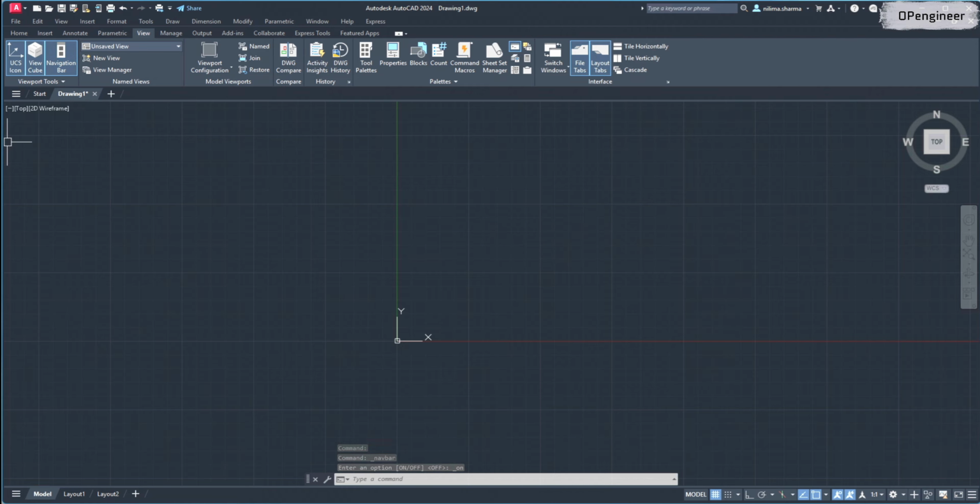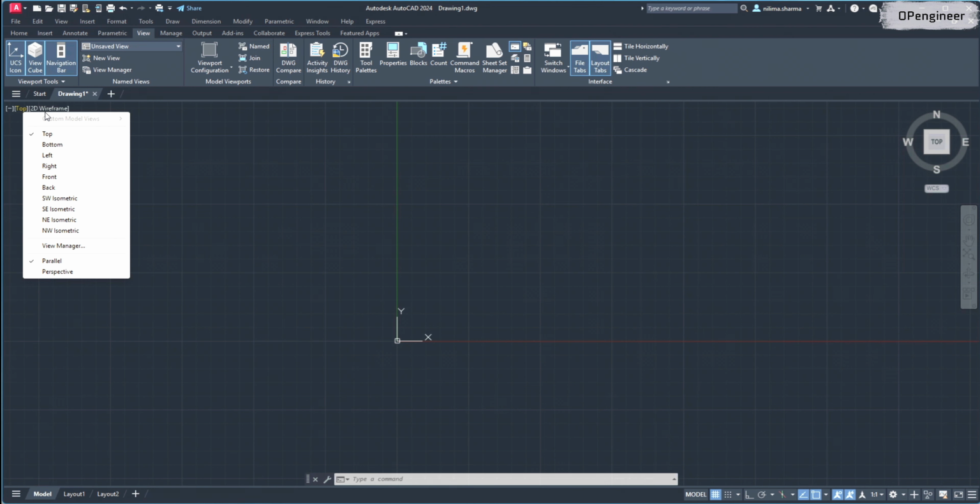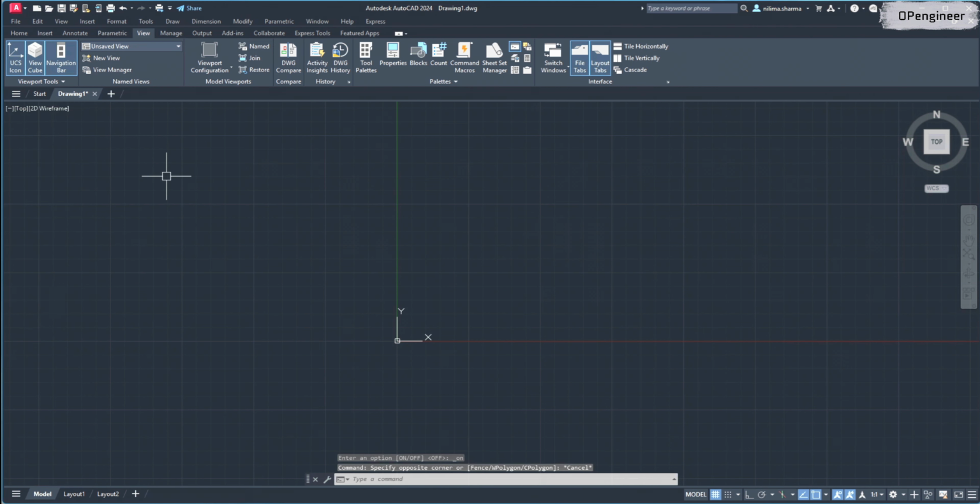So next we'll learn to create and save views in AutoCAD. So we have predefined views in AutoCAD. You can access it by clicking here in the top. So you'll get lots of views here. Also in the view panel, if you expand this drop down, you'll also find lots of views here. So for example,